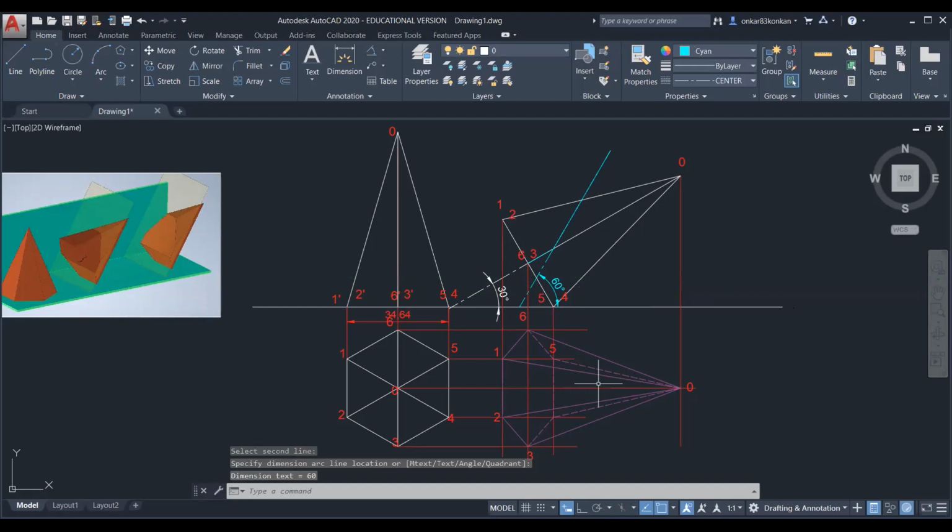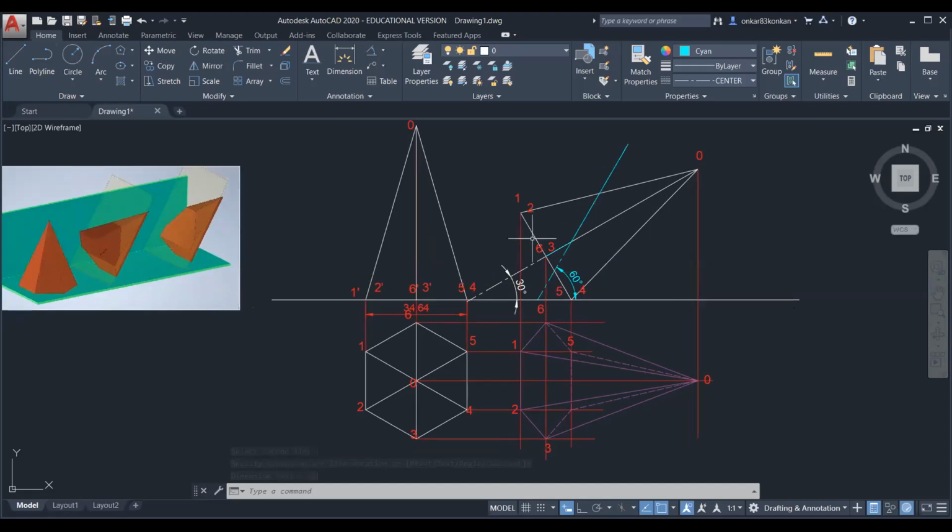Now, because of this section plane, find out the intersection on the slant edges and the base edges. So you can observe here, this is the first point. You can give the names: this is 1, 2, then this is 3 and 4, 5, 6. So there are 6 points. That is 6 extra points because of the intersection of the section plane with the slant edges and the base edges.